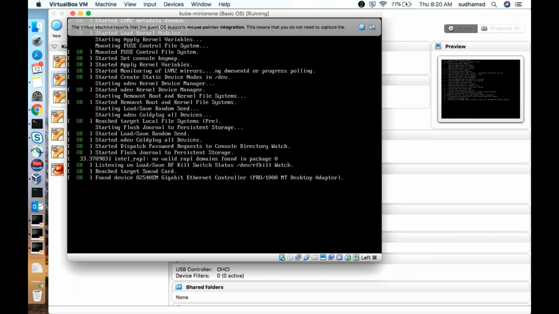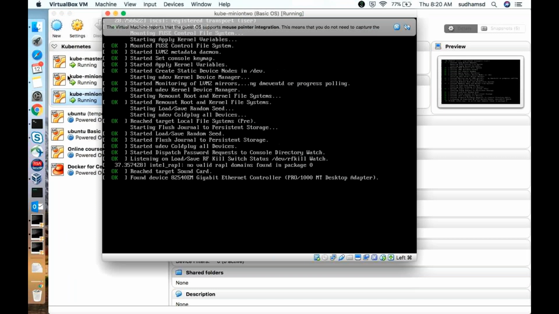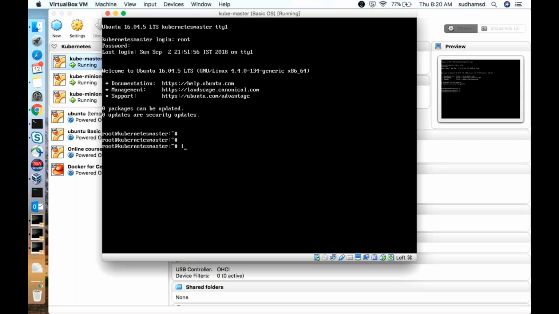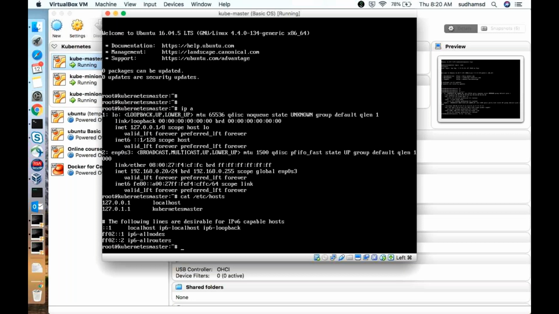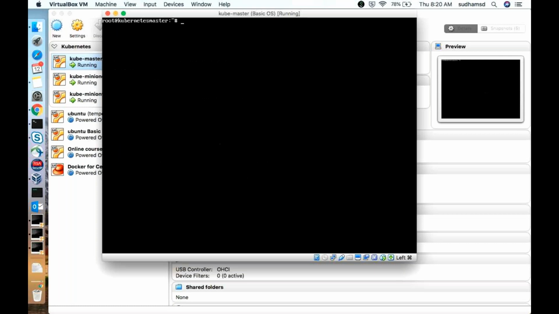Okay, run the IP space A command. So you can see the network which is already configured, and the host server is not updated with any details, so I need to update it. What I need to do is just update the host server.